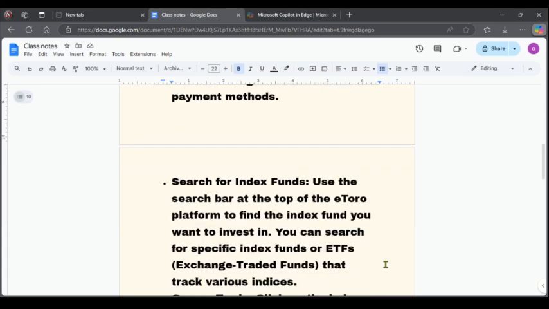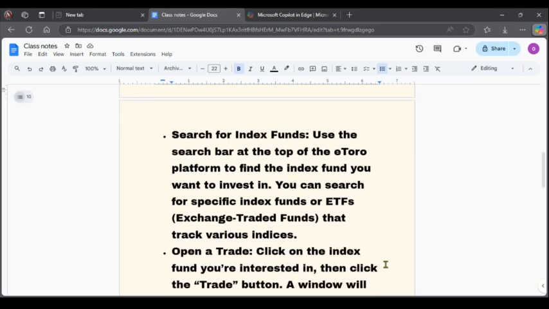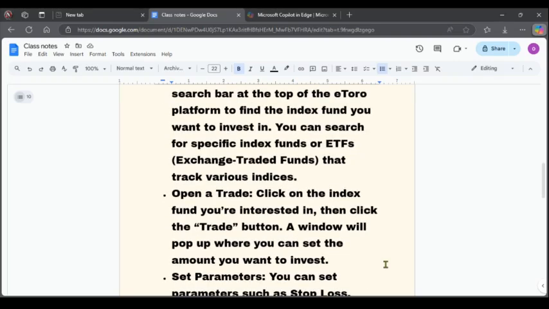After that, search for index. Once you search for index, you can search for a specific index fund or use the exchange traded funds that track the various indexes. After that, open the trade, click on the index that you are interested in, then click